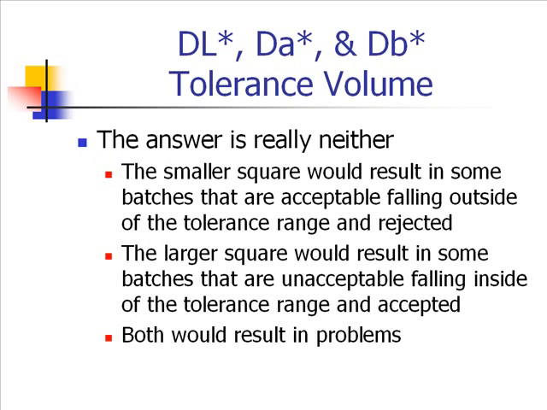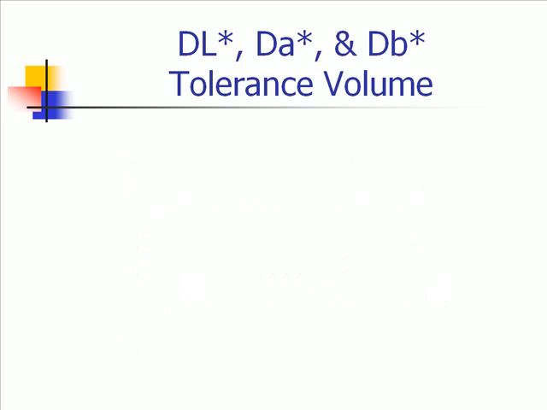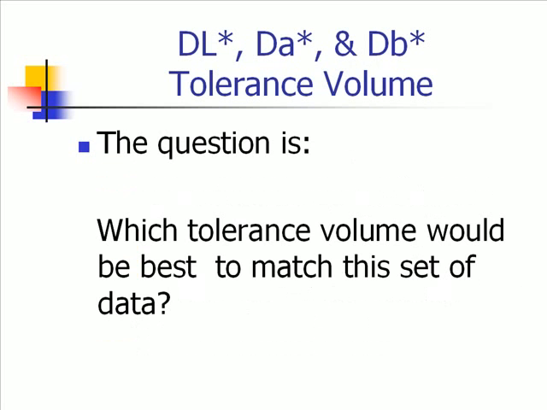The problem is, if you pick the smaller one, that would result in some acceptable batches falling outside of the tolerance range and being rejected. If you pick the larger square, that would result in some unacceptable batches falling inside the tolerance range and being accepted. So if we go back and pick our smaller one, like you said,